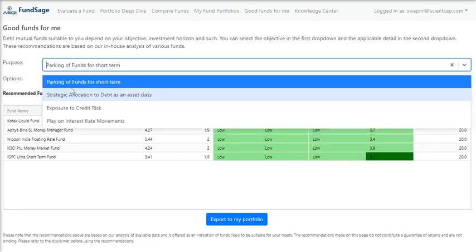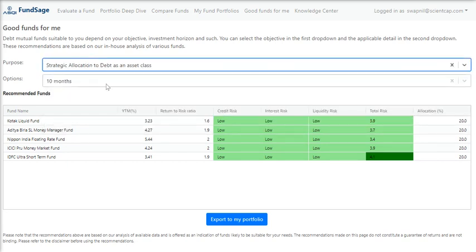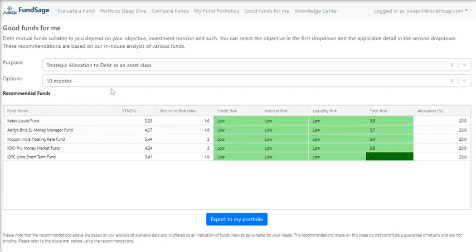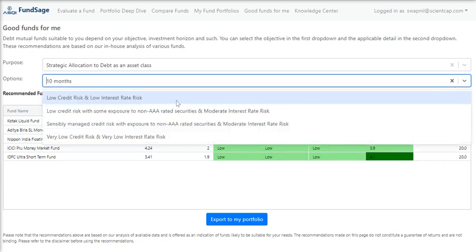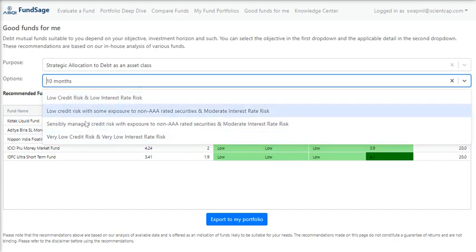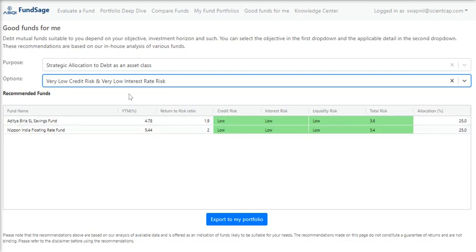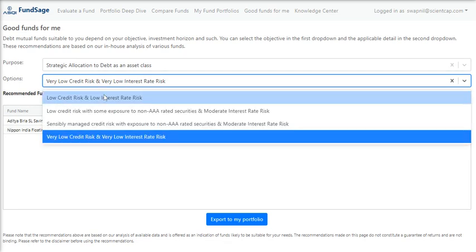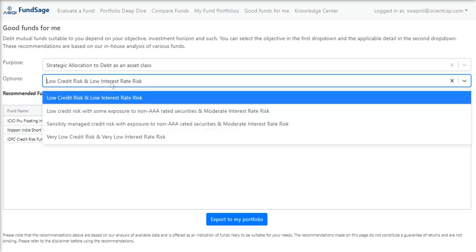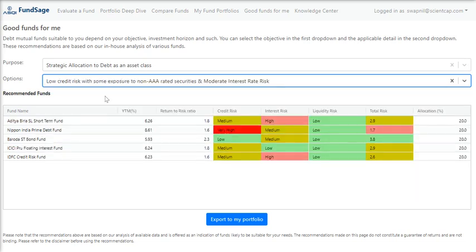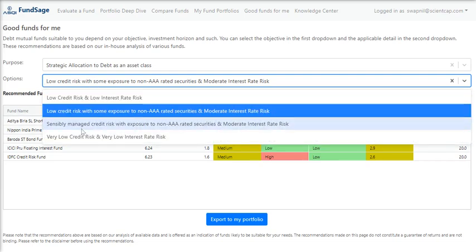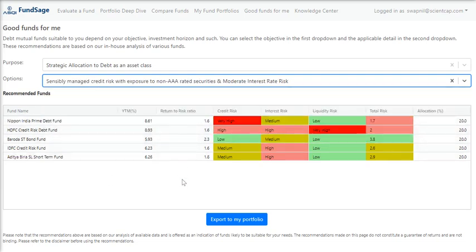If you move to the next purpose, which is strategic allocation to debt as an asset class, here we aren't expecting this to be a case of holding money while you wait for some outcome. Here, the obvious option is you can still be very risk averse, in which case very low credit risk and very low interest rate risk, or you can have low values for these, or you can say, okay, I can take some risk, not a whole lot, or I can take a little bit more risk, and accordingly